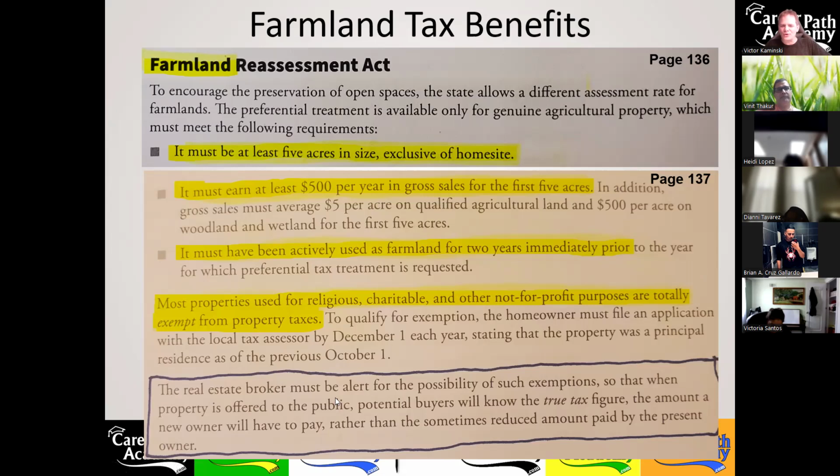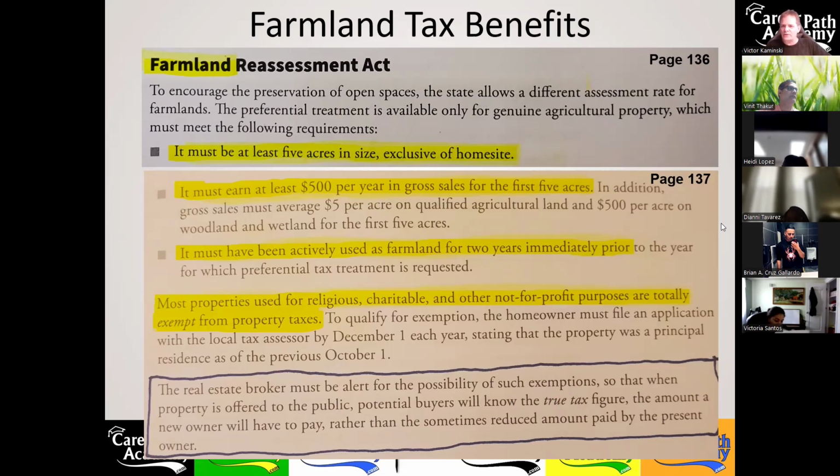So the real estate broker must be alert to the possibility of such exemptions, like these farmland exemptions. But anyway, before I get into that, I didn't explain, and it doesn't say anywhere here in the book, what that preferential tax treatment is for farmland. If you have farmland in New Jersey,